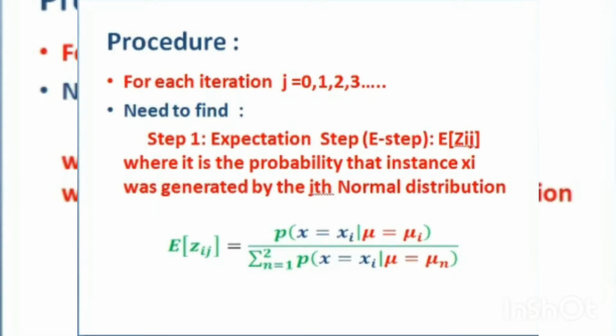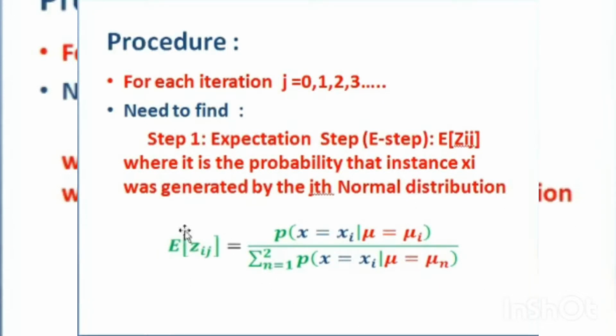Got it? So we consider this for two distributions. Before that, let's explain, we'll see that in the next slide. And then, is this point clear? How to find expectation means we go for the probability formula. Probability formula for the first one divided by the total. Understood? So I have taken only two numbers here, x1 and x2 only, two students taken. Got it? So this is the formula to find out the expectation.